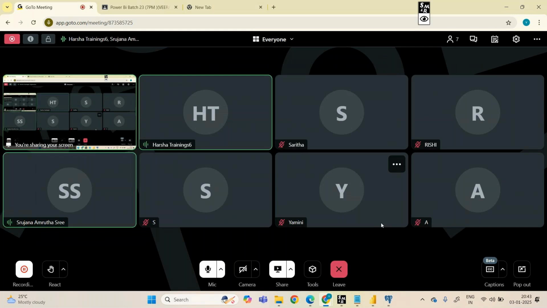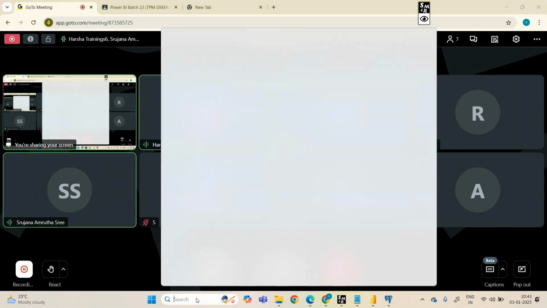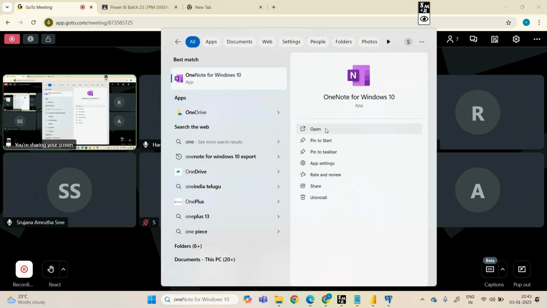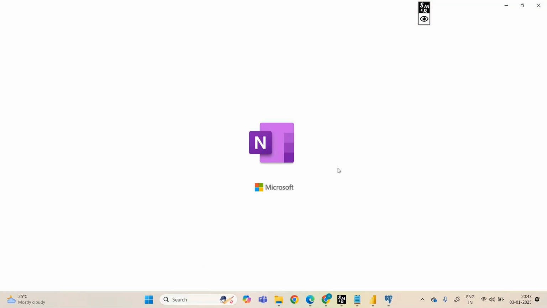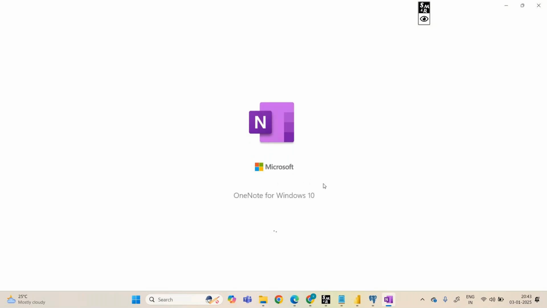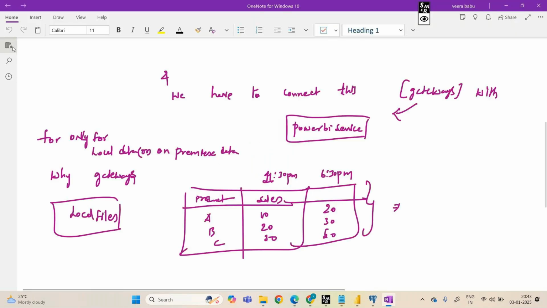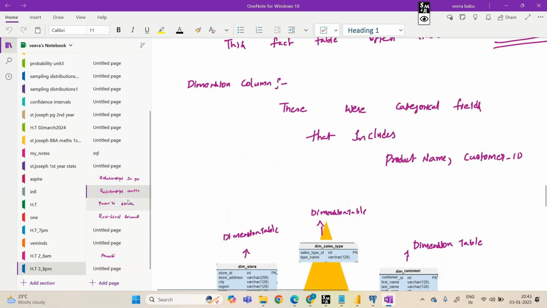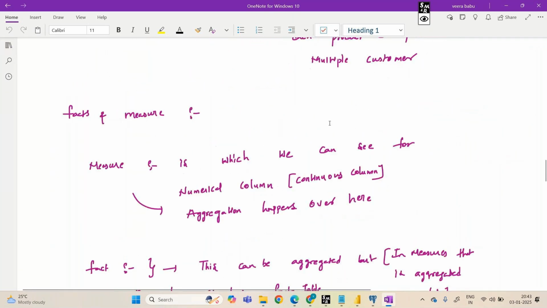It looks like this. One second, it's already in my notes, I'll show you that example and explain it.